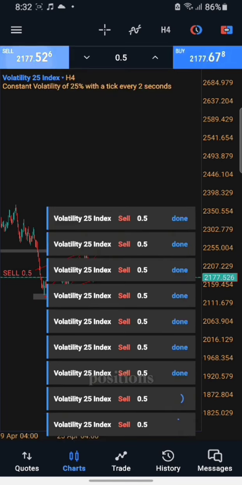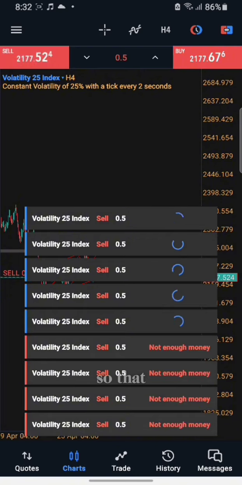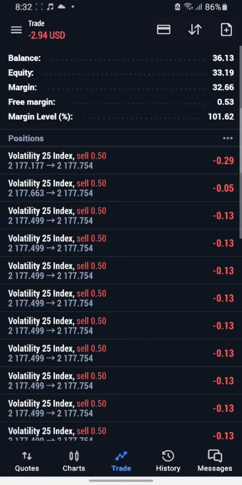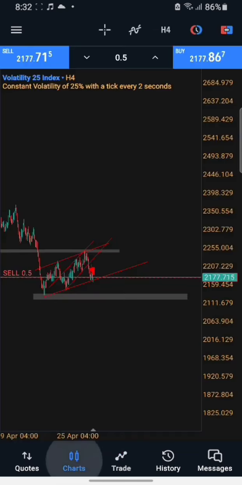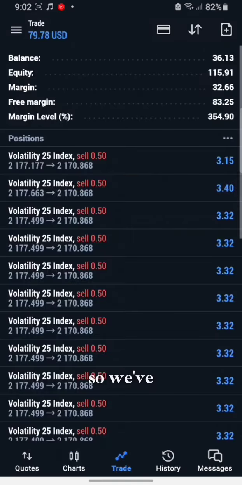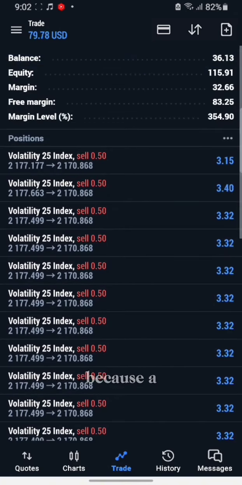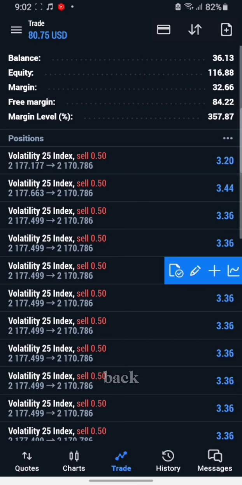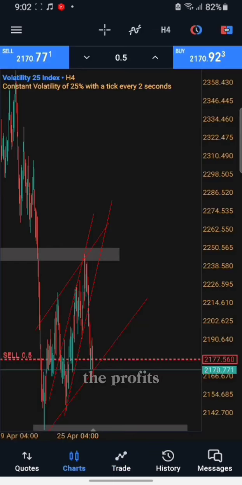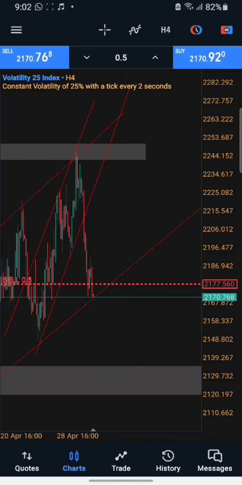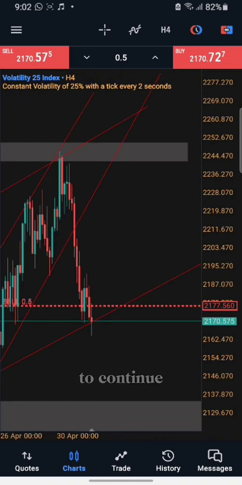So let's add more positions so that we can collect a lot of profit. So we've gone full margin. This is kind of risky because a little bit of pullback can just exhaust all the profits. Now we are in $78 profit after some time, which is a lot, but we are going to continue holding